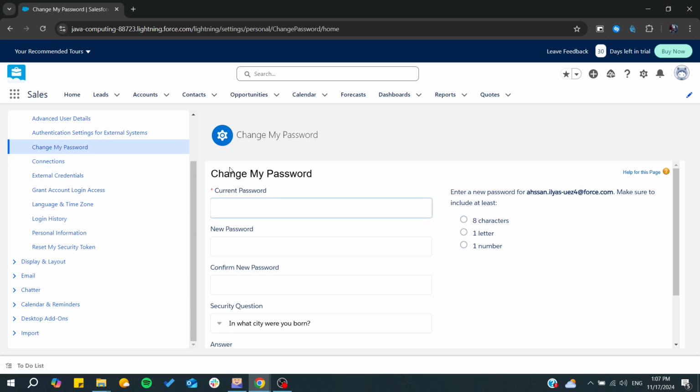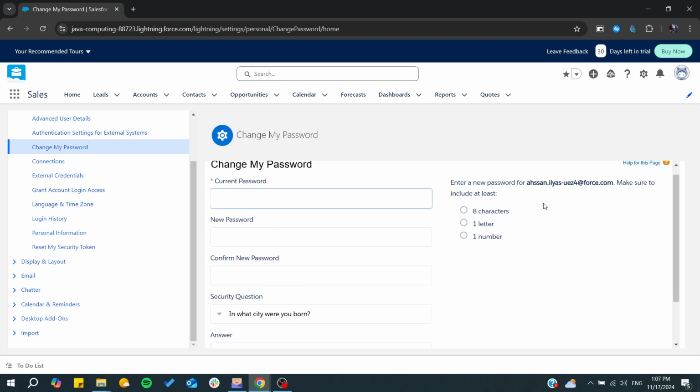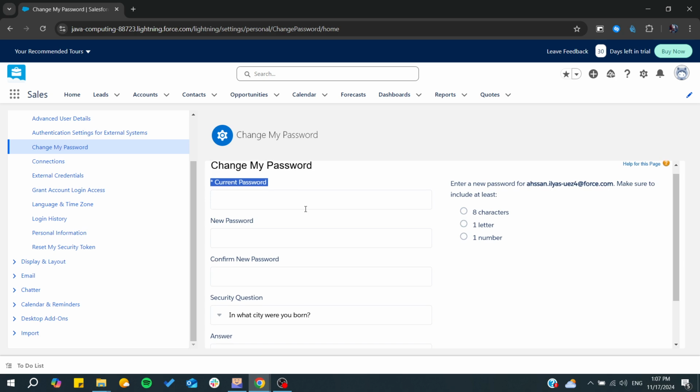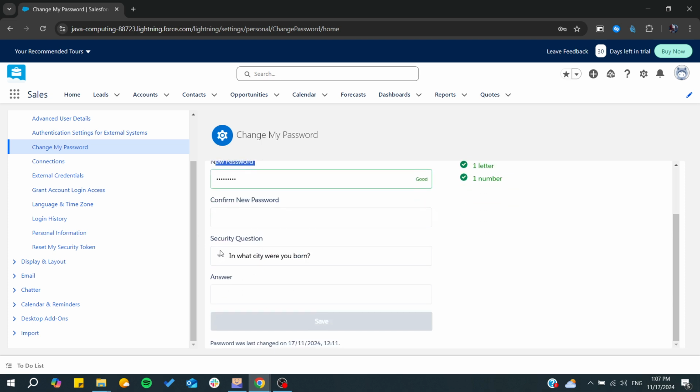Here in the Change My Password page, we will find these options here. So basically, you can add your current password, and from there, you will need just to add any password that you would like, and then make sure to meet the criteria for the password and go for a new password, and from here we will find the security question,